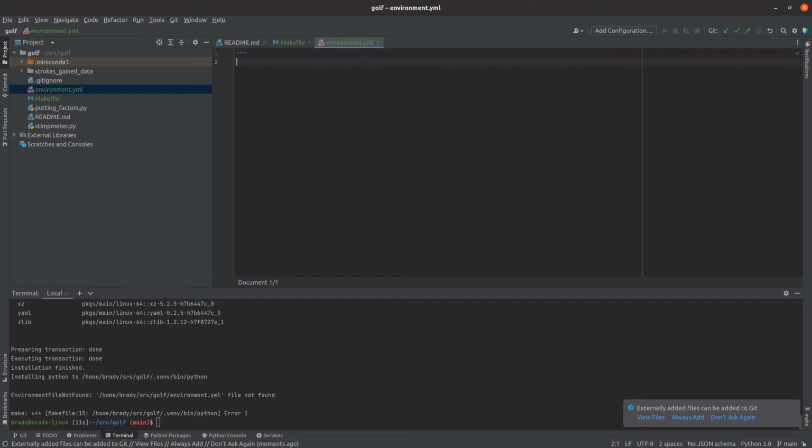I'm just going to blaze through this and say, all right, I'm going to have this environment called golf, and I'm going to install dependencies from a couple of channels. I'm going to install from conda-forge, and I'm going to use the defaults. And then for my actual dependencies, I'm just going to start off with IPython,